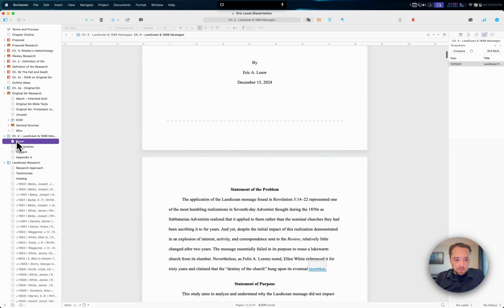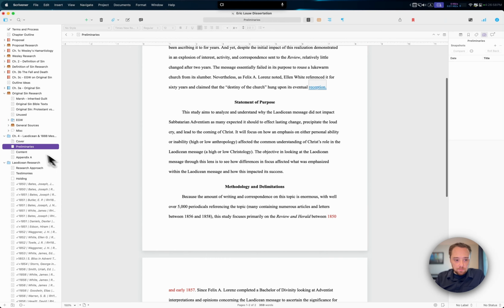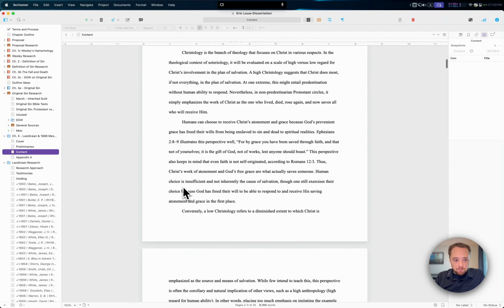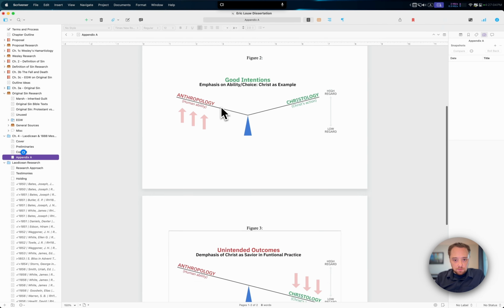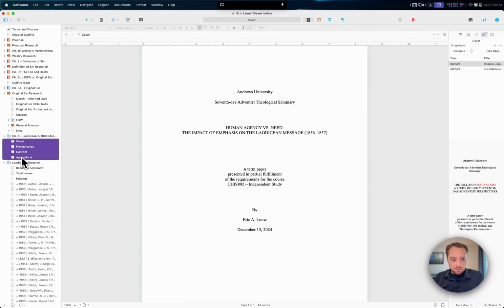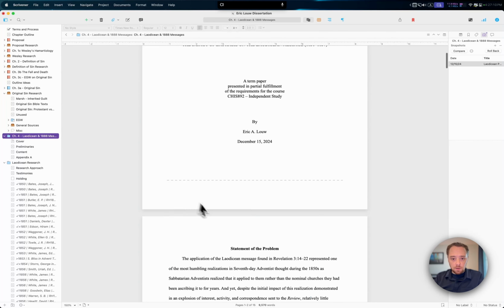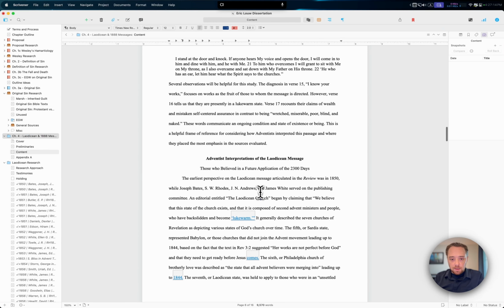So for example, I can have a cover page, I can have preliminaries, which state my problem that I'm working with in my paper. I can then have the content of the paper, and then I can have, of course, the appendix with various diagrams. But what's neat is that when I select all four, or the entire folder, it just turns it into one seamless run-on page. And then it also sidelines citations